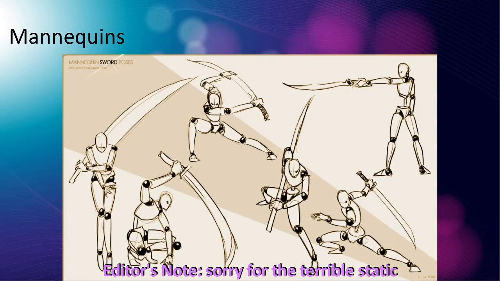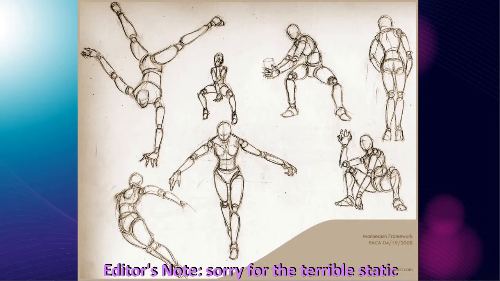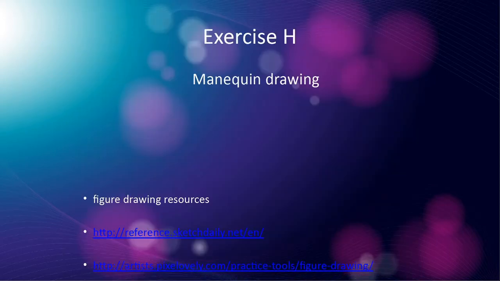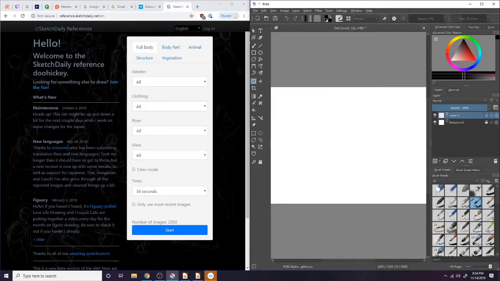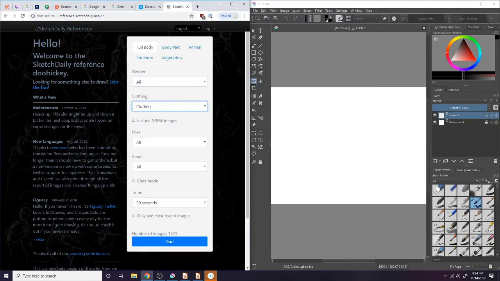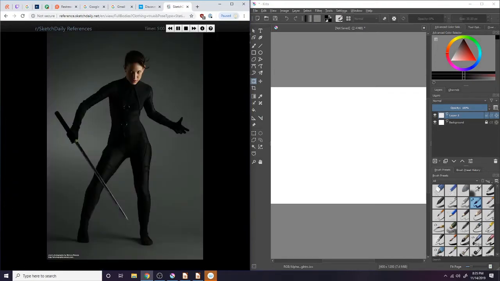And that's a really good strategy for building up your characters and helping them to feel not flat or like bubble characters. And here is another example of that. Drawing cylinders and spheres for the limbs and joints. So let's try some of that. Let's try drawing these characters in mannequin form. We do all gender, clothed. Let's do stationary poses and see what we get.